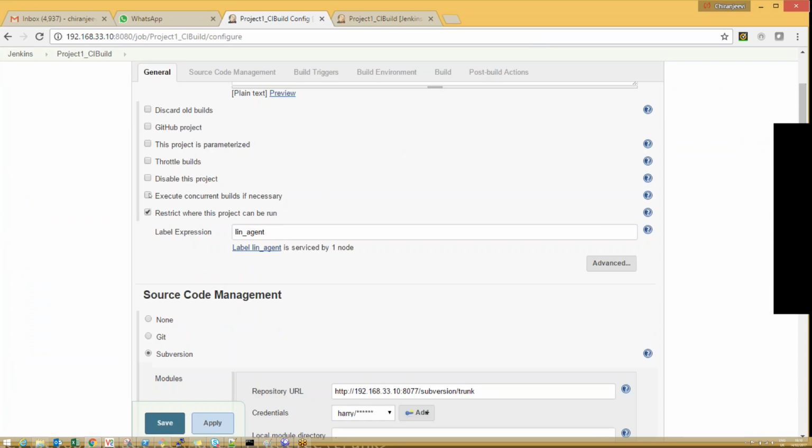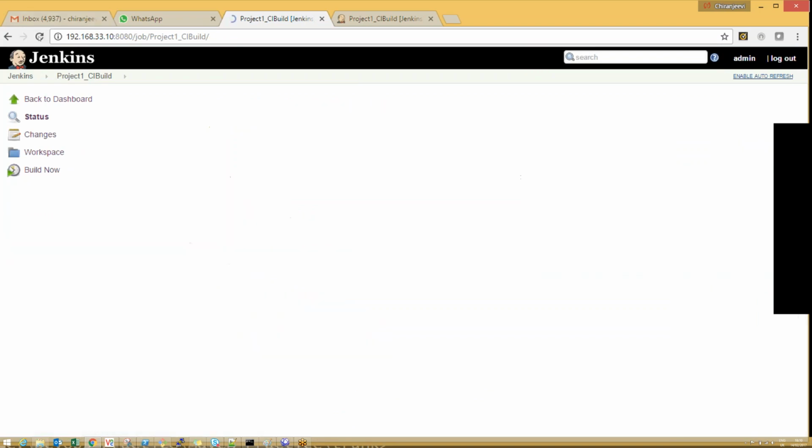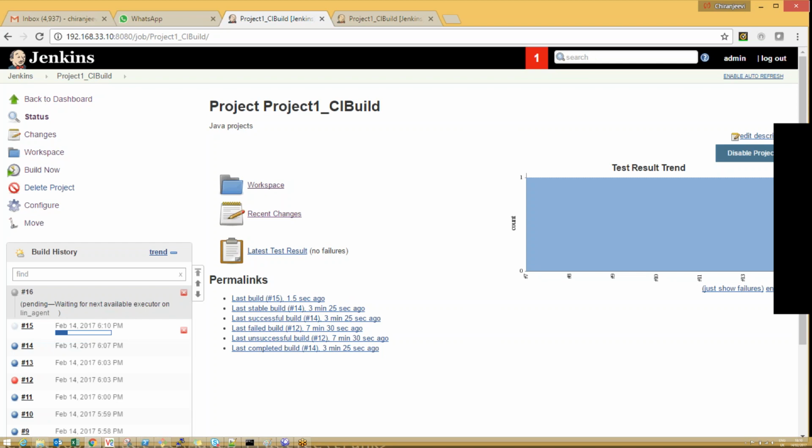Next, execute concurrent builds. What do you mean by execute concurrent builds? It's just like that, and say yes. When you trigger build 2 times, is it building the second time? Okay, it is not building. It's always one by one. The reason why it is always one by one is